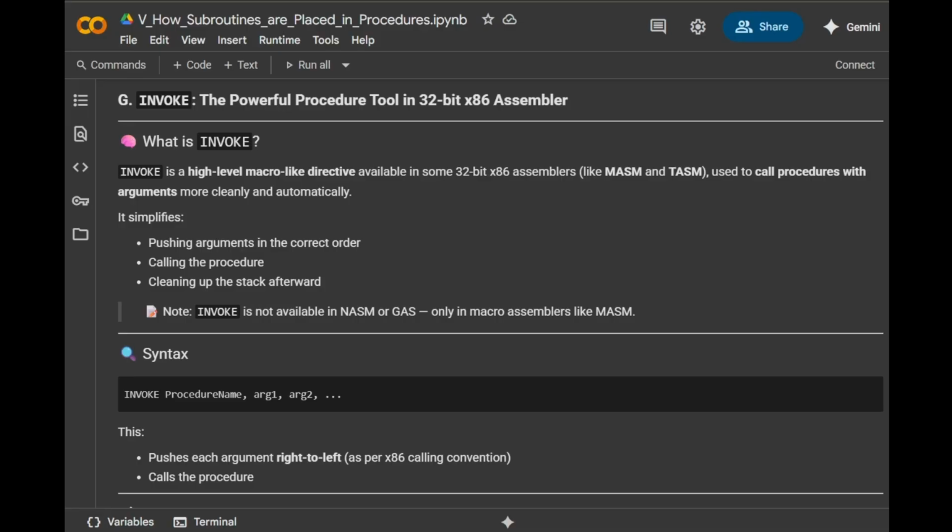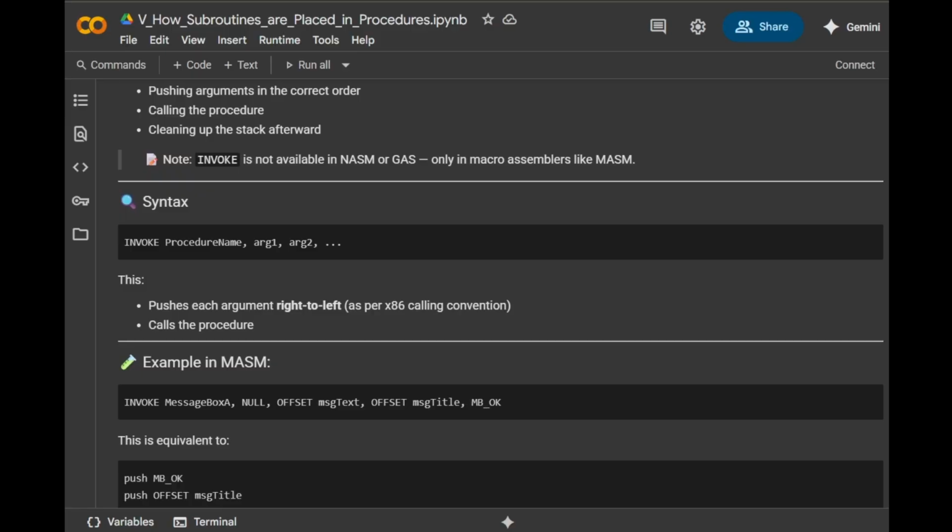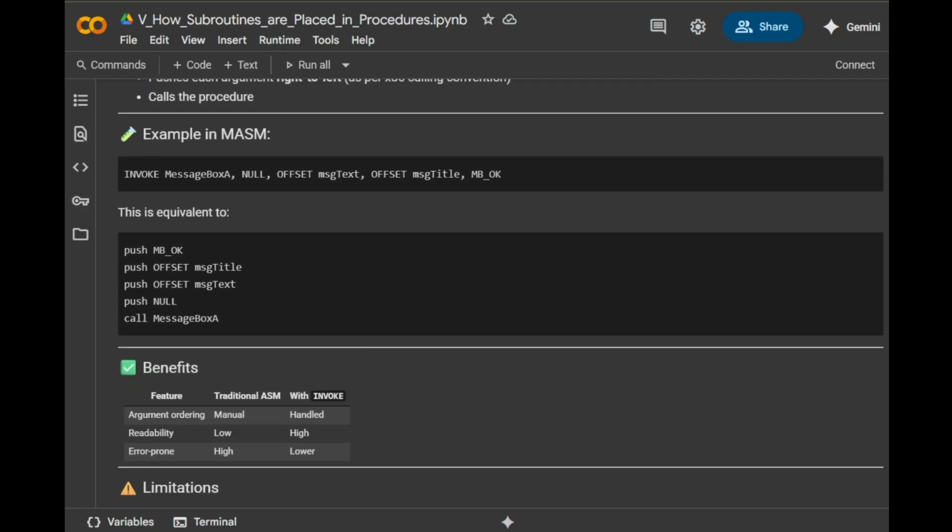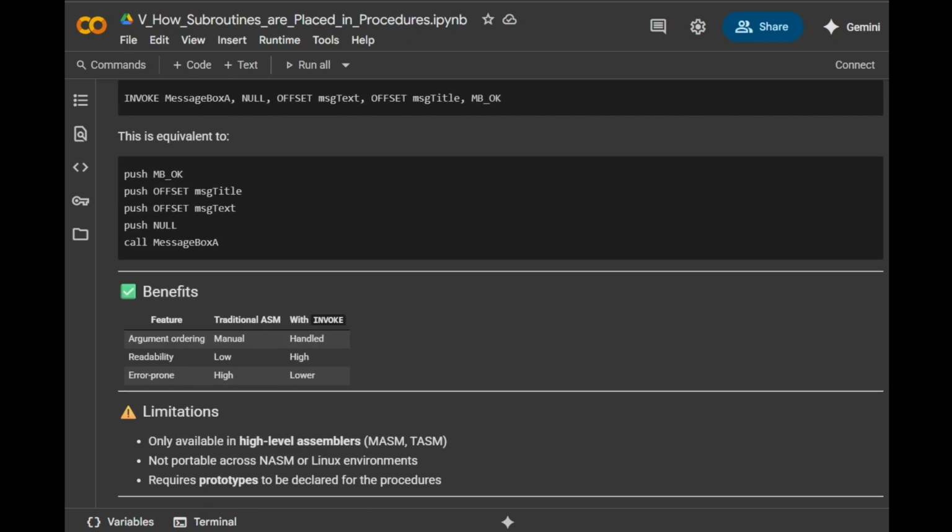The syntax is invoke procedure name, arg1, arg2. This is much cleaner than manually pushing each argument and then calling the procedure. For example, in MASM, you could write invoke MessageBoxA, NULL, offset msgText, offset msgTitle, MB_OK. This is equivalent to pushing all 4 arguments onto the stack in reverse order and then calling